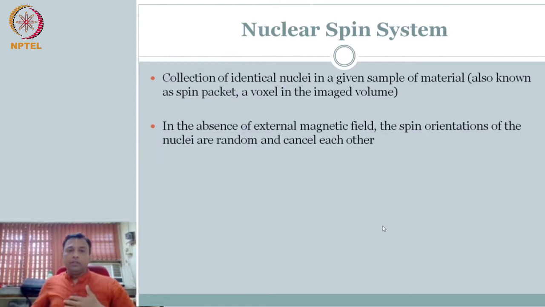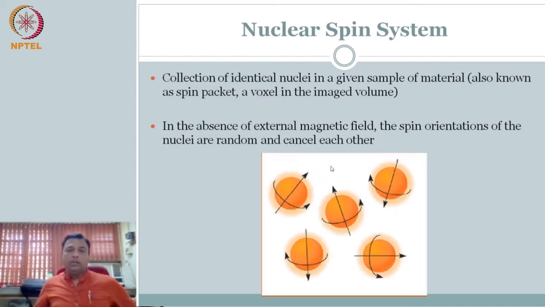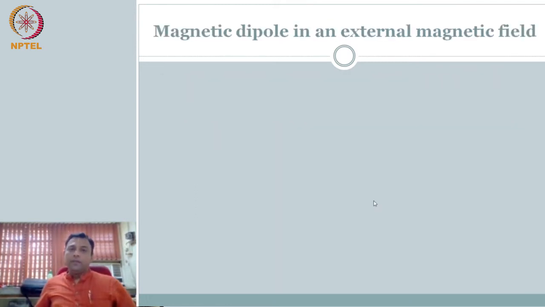So in the absence of an external magnetic field, you don't have any net magnetization because it's all random and it all cancels each other out, right? Each one is spinning at a different orientation, and therefore the net sum of all the vectors, which is the magnetization vector, is going to be 0. But we are interested in a case where we want to use it as a signal, right? And if everything is cancelled to 0, then we don't really know much.